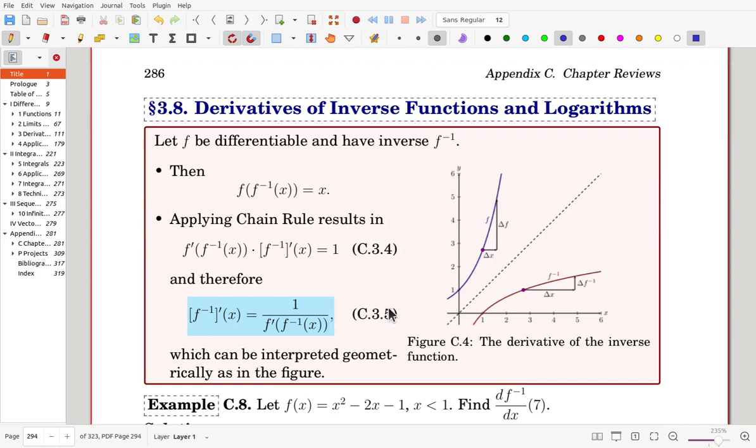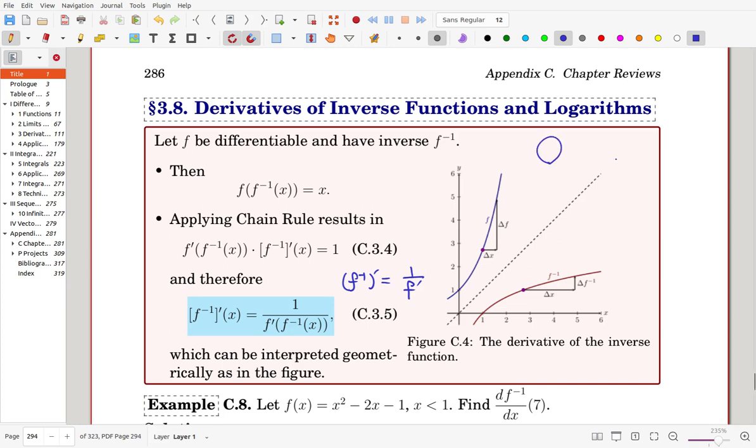Okay, now derivatives of inverse functions and logarithms. By using the chain rule, we can derive this equation. Here, the main idea is that the derivative of f inverse is the same as 1 over f prime. Now, when you try to evaluate this term, then you have to find the corresponding point, because here originally, now okay,